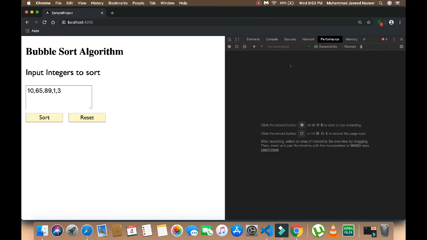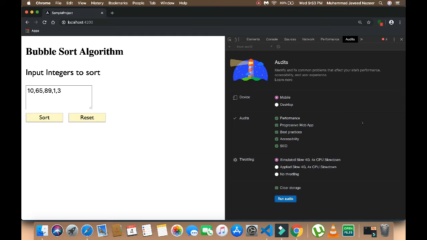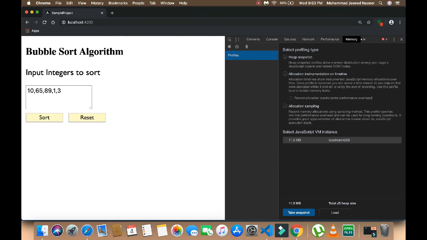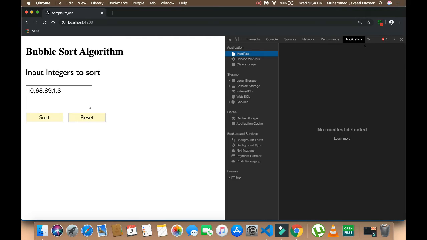Memory leaks and memory-related things are available in the Memory tab. In the Audits tab, you can run your performance audits again. In the Application tab, you can see your storages and local values related to your current page.